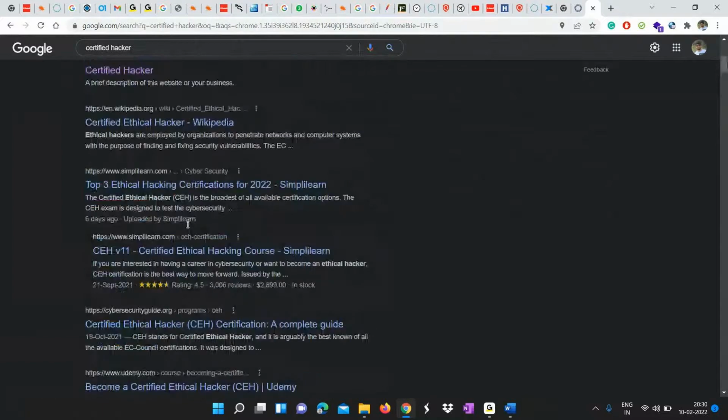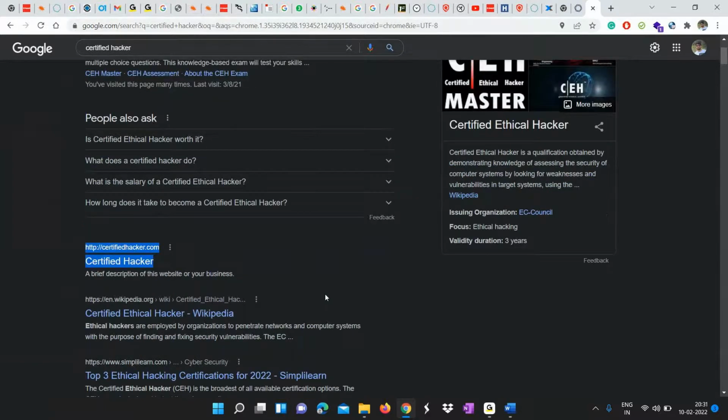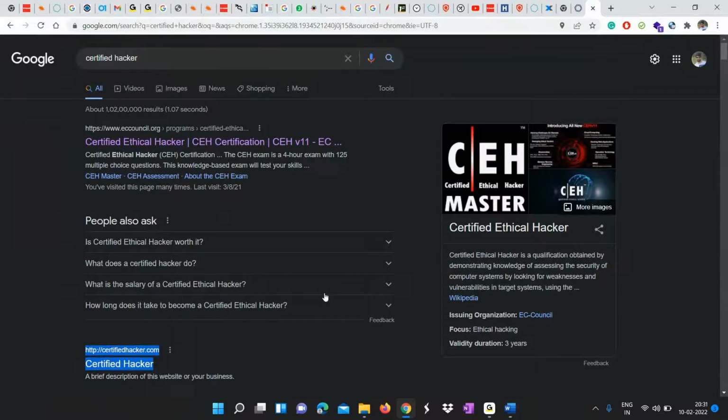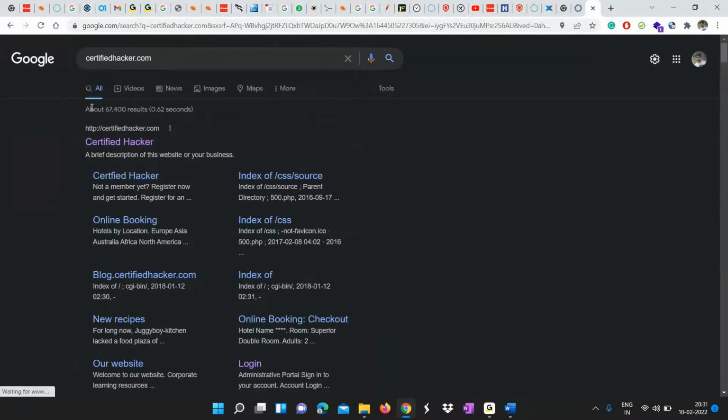Out of it, let's say I want to see results belonging only to this specific domain, certifiedhacker.com. I don't want to see results from Wikipedia, Simply Learn, and so on. I just want to restrict the results to a specific domain. Do you know how to do it in general? Maybe you might search for certifiedhacker.com, right? Of course it will give you results, but you can see here